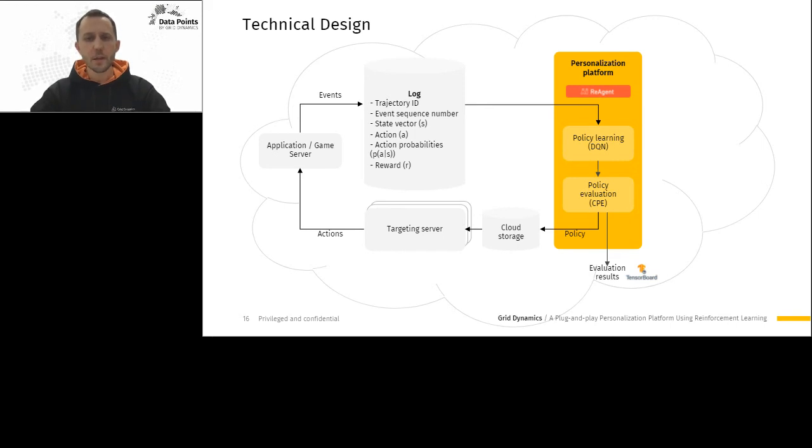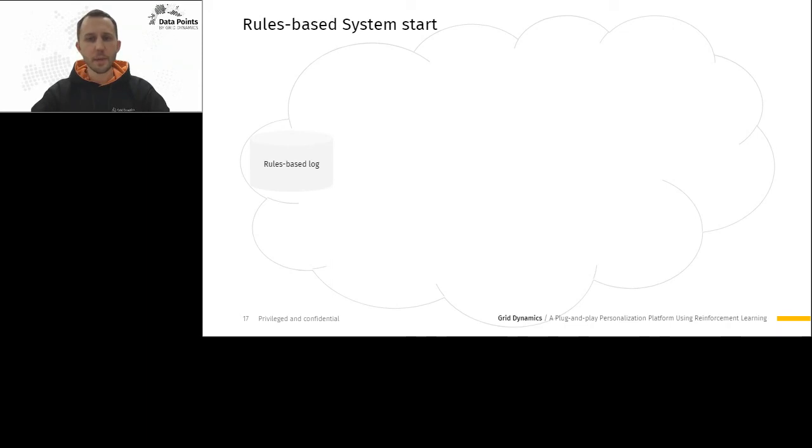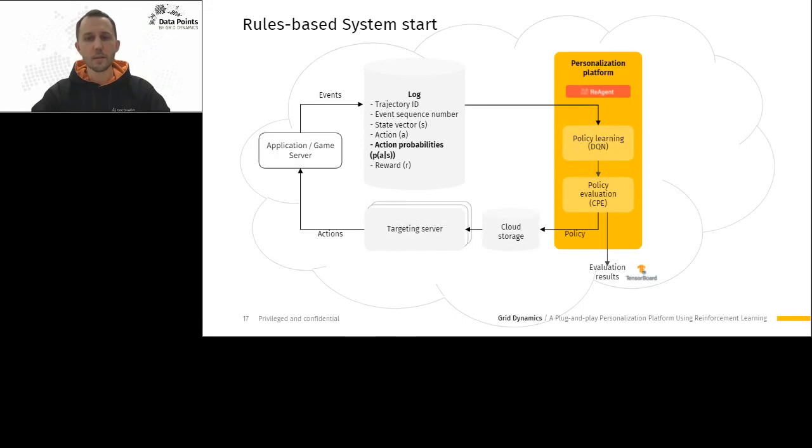Let's imagine that we are starting a new project and we have the logs of some rule-based system that marketers have built on if-else rules. And the problem arises that we do not have an action probability because the probability of an if-else system output equals 100%, or 1. Then we convert the logs from the rules-based system without action probability into the Reagent logs, do the first run without policy evaluation because it doesn't work without the action probability, and then start the cycle using the game server logs.